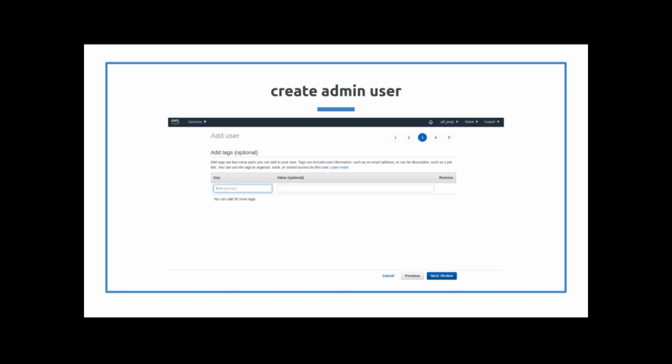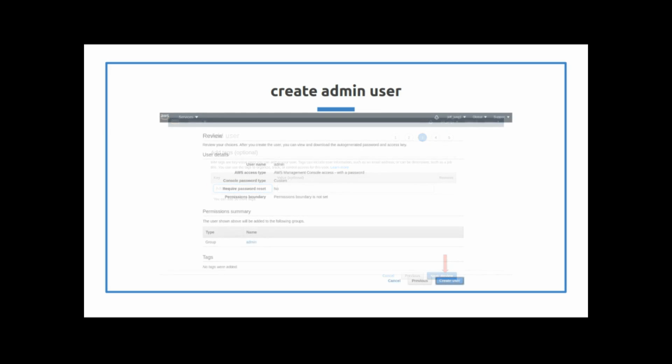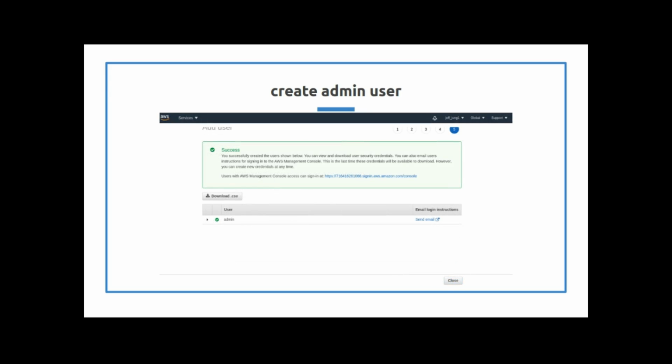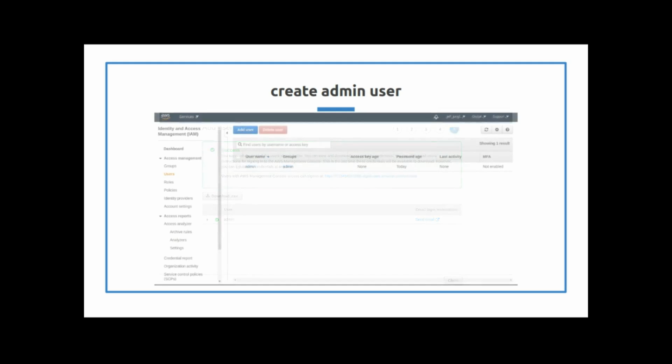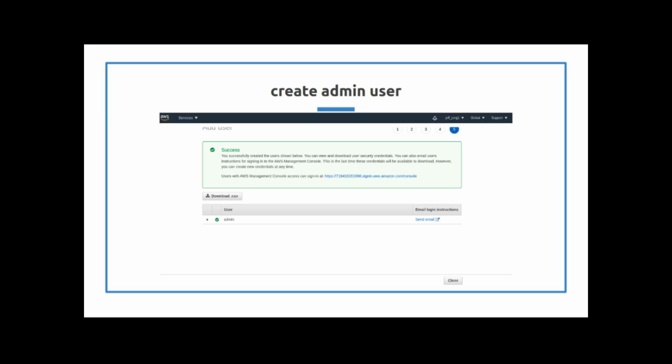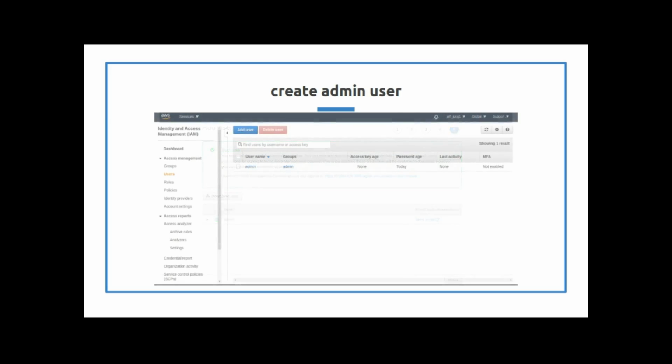And then this is like tags. I just leave it blank. So I hit next, and I look over all the information. If I like it, type create user, and then you'll see success, right? You now have an admin user. You click close, and you'll see in your users, you'll now have a new guy named admin.